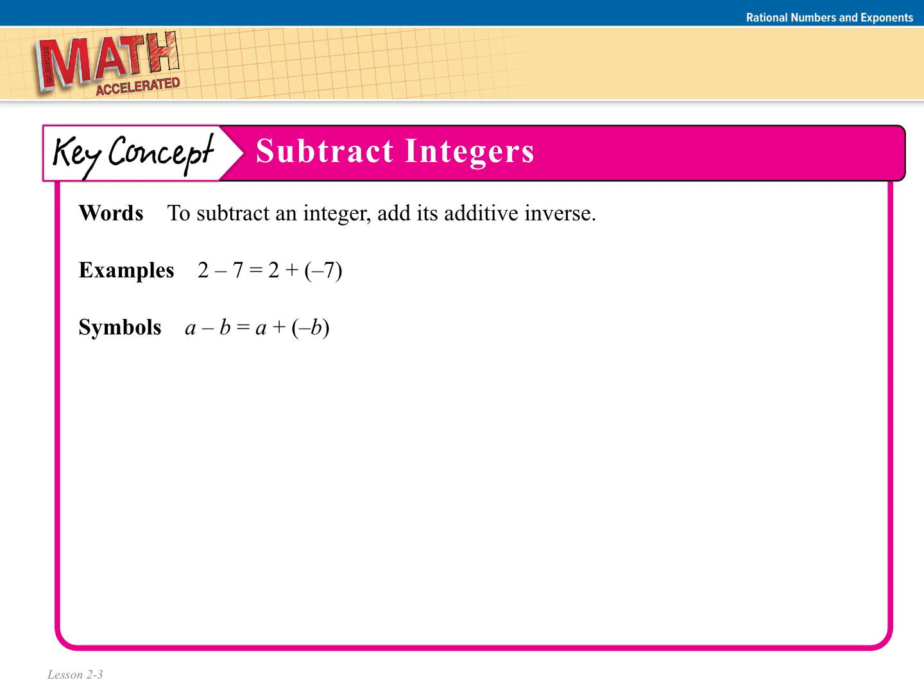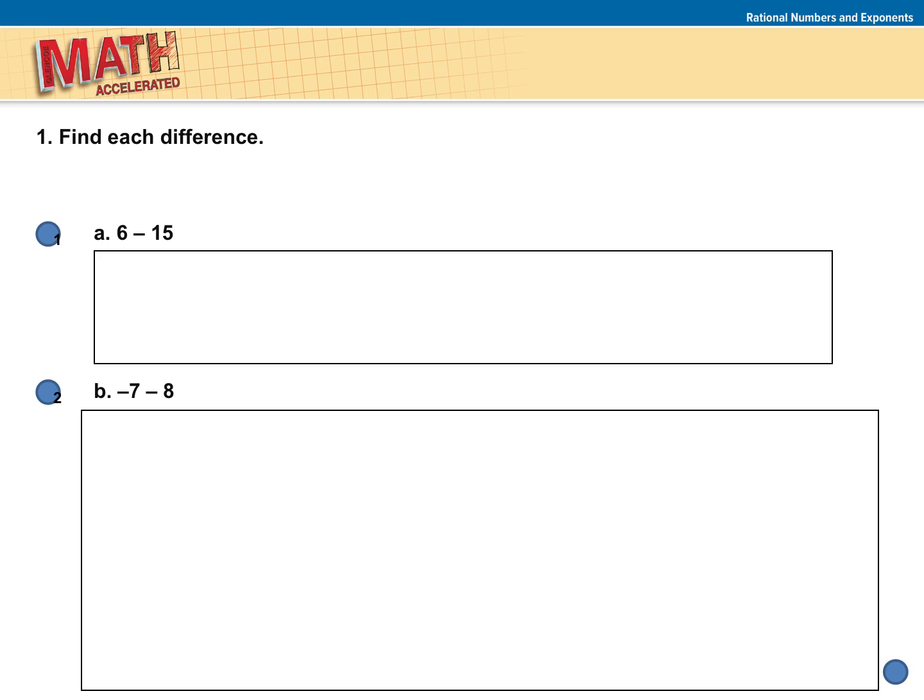So yesterday we saw a lot of this, right? 2 plus a negative number. We saw a lot of that. This means the same thing as 2 minus 7. Okay, they mean the same exact thing. So 2 minus 7 is the same thing as 2 plus a negative 7. So instead of saying 2 plus a negative 7, you can just say 2 minus 7. So let's look at some